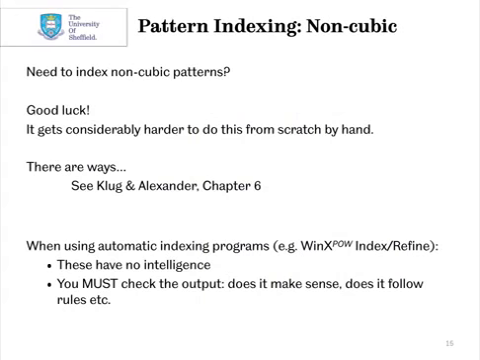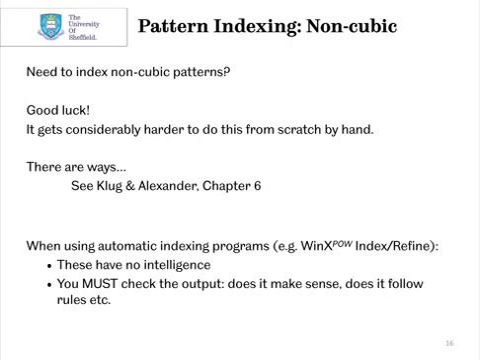Just to step aside from this particular mysterious sample for a second, we can also do this routine for non-cubic samples, but it is a lot harder, and it gets harder very quickly. There are ways to do it. You can see some, for example, in Klug and Alexander in Chapter 6, but if you're looking at a non-cubic system, you really are going to probably be better off using software like Index and Refine